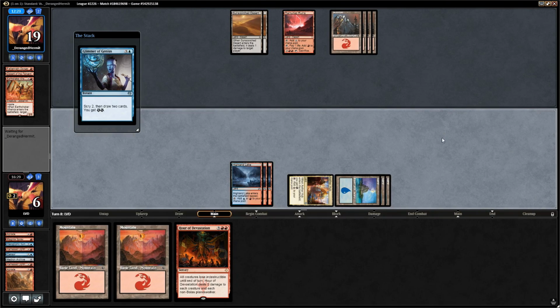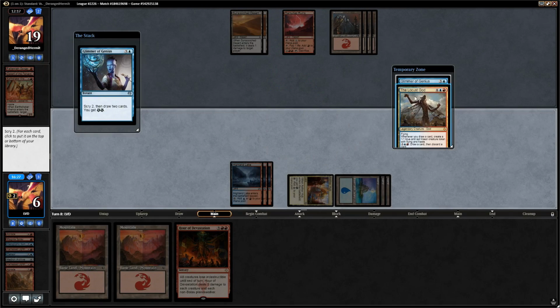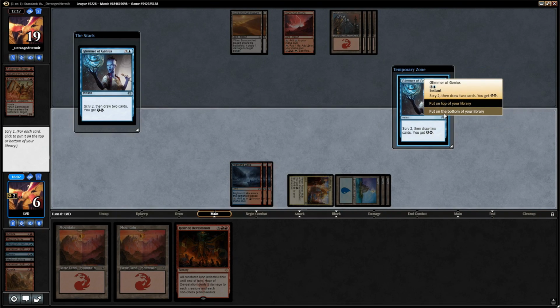Still looking for finishers here. Although with an Eternalized Chandra in the graveyard and the ruins, I think the Locust God arrived a little too late here. So if we take the Locust God and bottom the Glimmer, we basically have to hope to find another instant speed removal spell. But I think we have to keep the Locust God on top, since that's the only way we can actually win the game. So top the God, bottom the Glimmer,